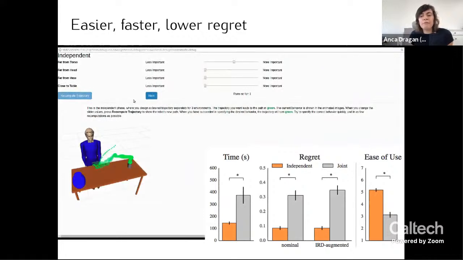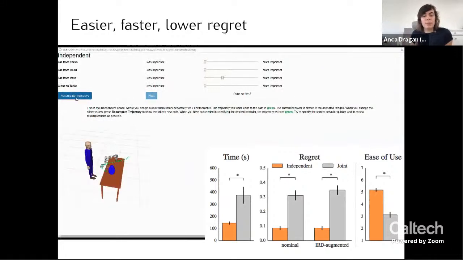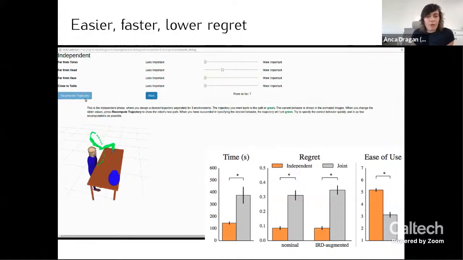And so this technique, we found, leads to better behavior with less time being put into designing the cost. And that's all great, but this is all so far with the boat and with the motion planner. It was all in situations where we told the robot what all the features might be that are important. And all it had to do is say, okay, you told me to balance them this way, but I actually think that there are other ways to balance them. So we still had to provide it, like winning is a thing that people might care about. How does the robot know that, right? In reality, that's what might be really hard, to know what all the things are that are important.